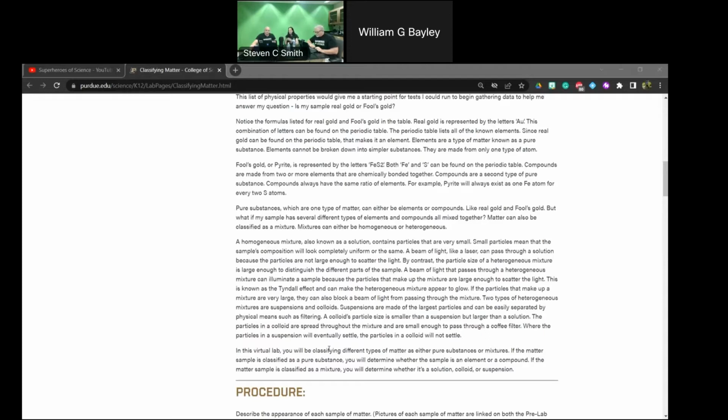So again, I want to come back to that homogeneous mixtures are the ones that always look uniform, and I think that we hear that a lot. But I would argue that sometimes a colloid looks uniform. For example, milk is a colloid. And I hate to give this away because that's in our pre-lab that we're going to look through, but milk looks uniform. And I think I've even given that example before, when I was teaching, like, oh yeah, milk's homogeneous. But really, well, we'll see. Perhaps milk could be classified more as a heterogeneous colloid than as a homogeneous solution.